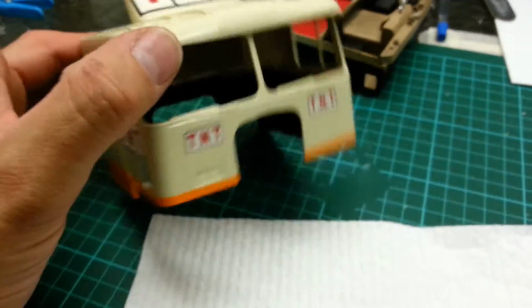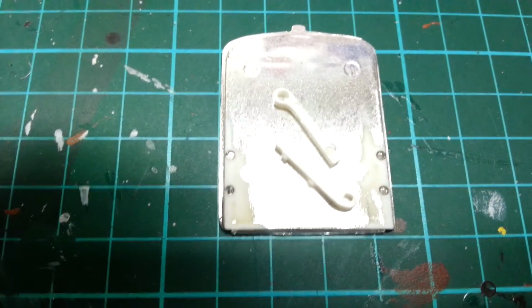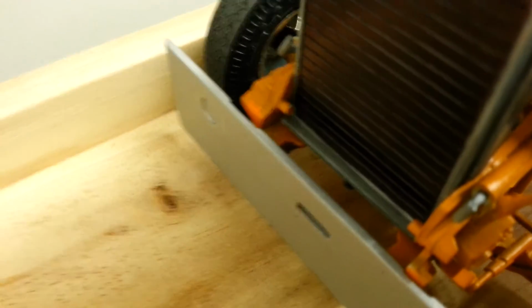So the question is, when mounting the cab, is anyone out there made the K123? And my question is, when I'm mounting the cab to the chassis, you got these little hinges to go onto the back of the grille, which will then connect onto those little lugs on the chassis rails. Do I